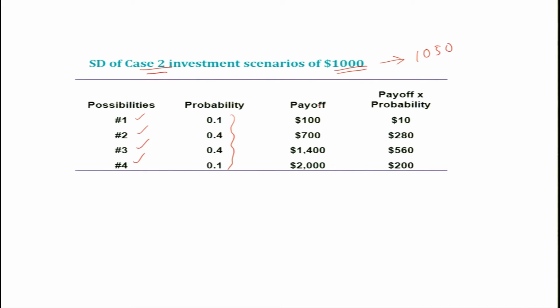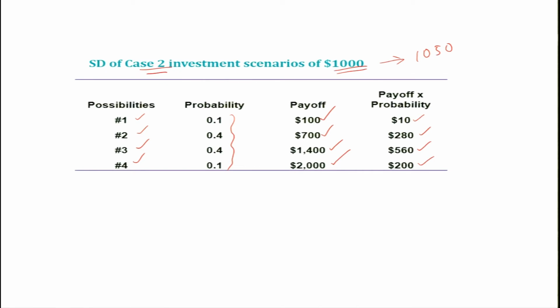And the payoff in one investment, suppose, for example, you are buying a stock, you are going to get the stock price from 1000, it may fall down to 100, that means you are going to make a loss of 900, and it may go down to 700, it may rise to 1400, and if there is a huge bull in the market, then in a bullish market you can see that it can go up to 2000. So, these are the 4 payoffs, then the payoff times probability we can already calculate from here, and you will be getting these values.